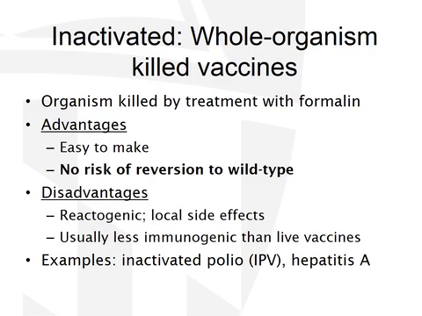So the inactivated, either the whole organism or the subunit of the organism, again, these are killed. So the organism itself is killed. And this is accomplished by treating the organism with formalin. The advantages of this type of vaccine is that they're very easy to make. And I think the biggest advantage is that we have no risk that the organism is going to become virulent, or what the original wild type of the organism was, because these organisms are killed, or it's just a piece of the organism.